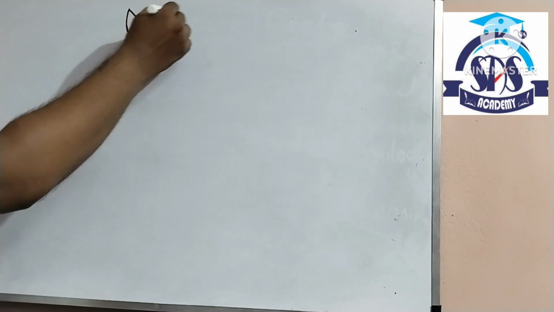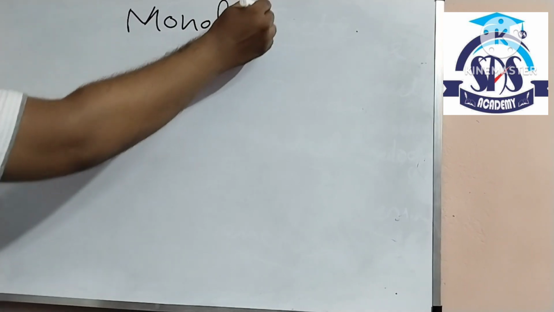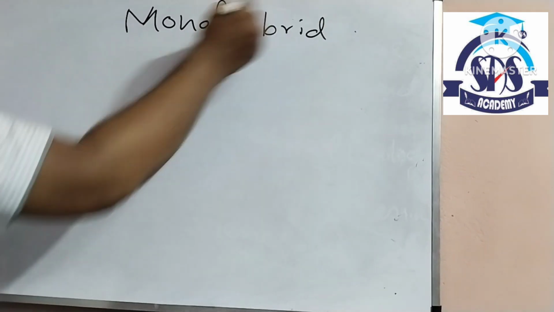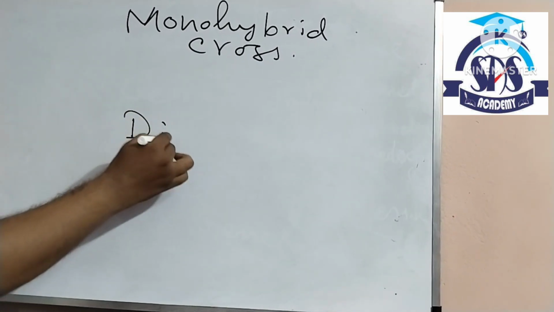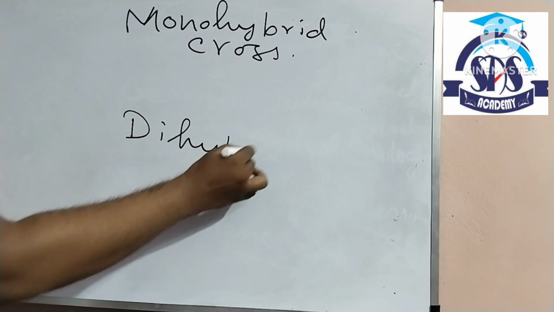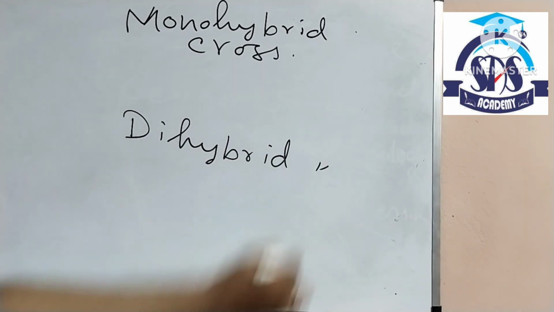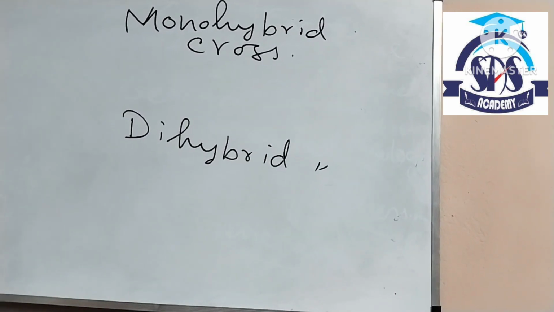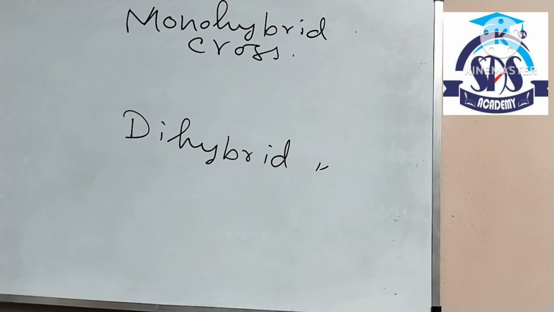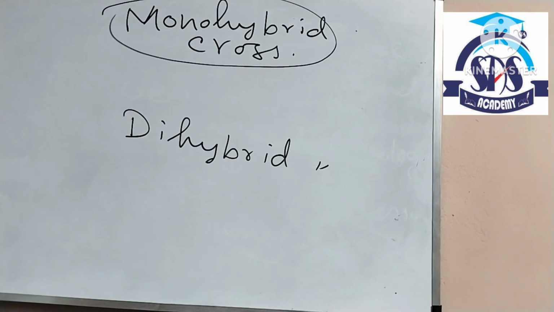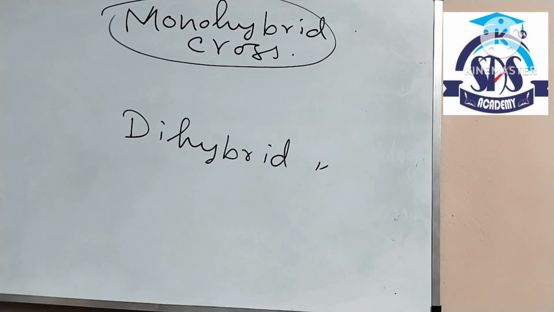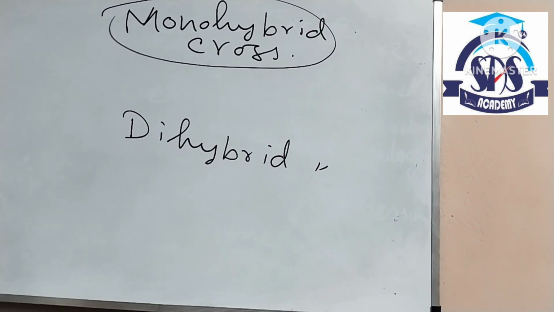One is the monohybrid cross, or monohybrid hybridization, and the other is the dihybrid cross, or dihybrid hybridization. In a monohybrid cross, the two parents are concerned with one pair of traits, or one character, that is